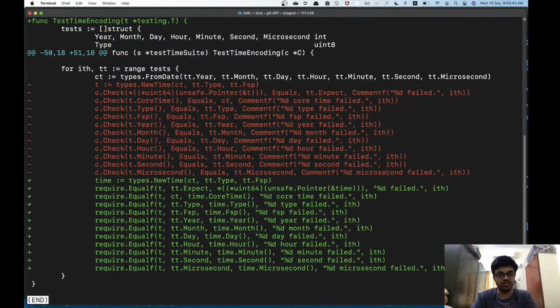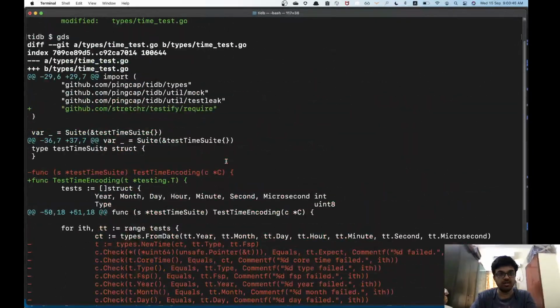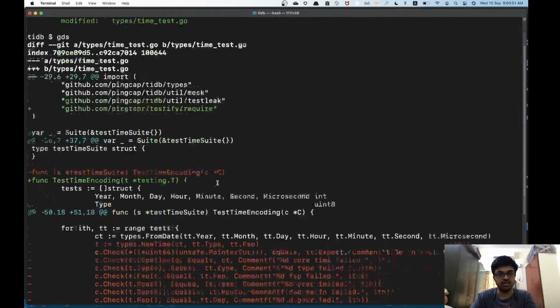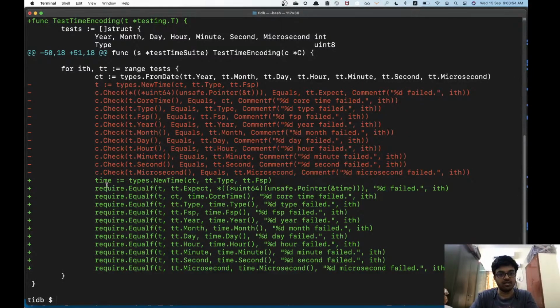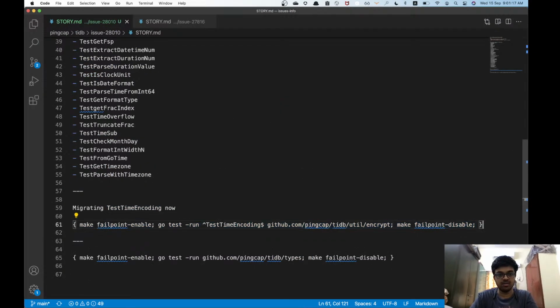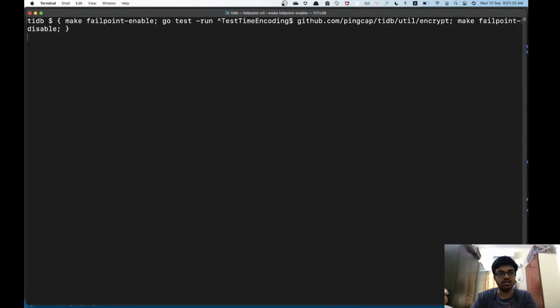Okay. It's not a very clean diff. It's okay. This is gone, and we have a require, and we call it time now, and there is time.require.EqualF, and then expected first, and actual later, and then finding this. So yeah, everything was equal, so all good. So let's run all these tests over here. Let's see how that goes.